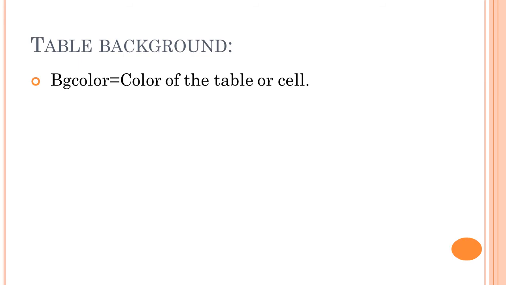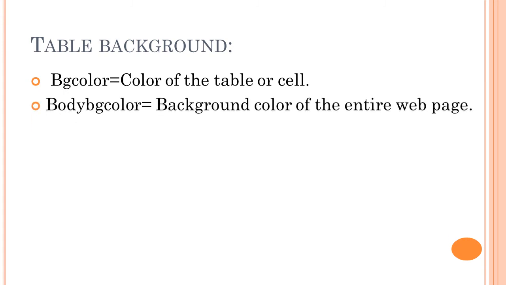You are getting it, right? For the cell, we will use this bgcolor word where we use TD. TD is used for each cell, right? This bgcolor is used inside a table tag. Inside a table tag means the whole table will be changed for this bgcolor. Or if you use this bgcolor word inside a TD, it will change only that cell. The bgcolor attribute is used to change the background color of the table or of the cell also.